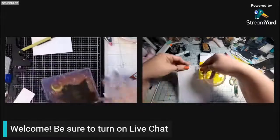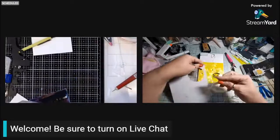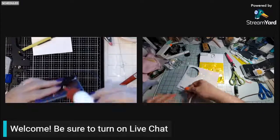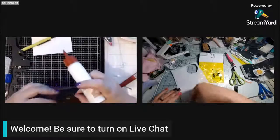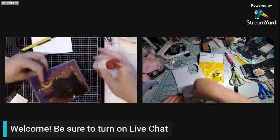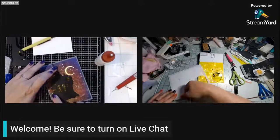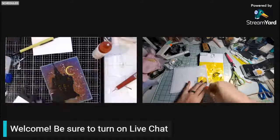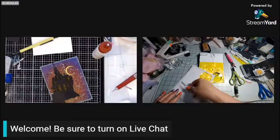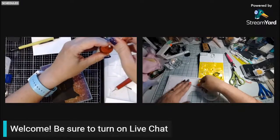And now I'm going to glue down parts of my house. Really, the only part that can be glued down is the top. The rest of it is covered in acetate, which will not hold. Okay, so that should be good. And all that's left on mine is cutting it. Well, it's not all, but I do need to do some...